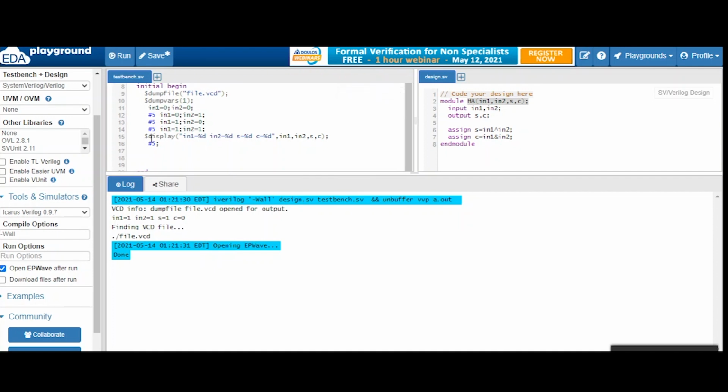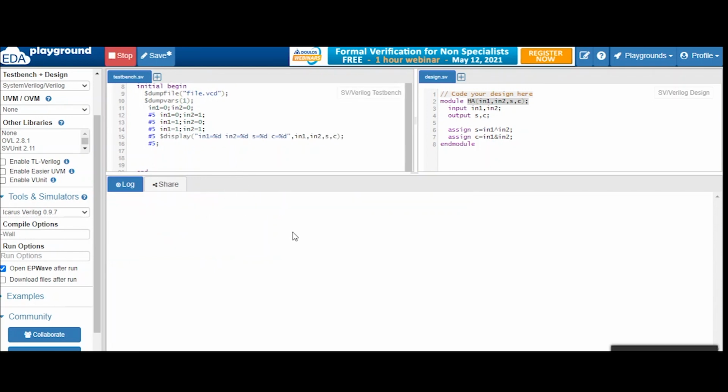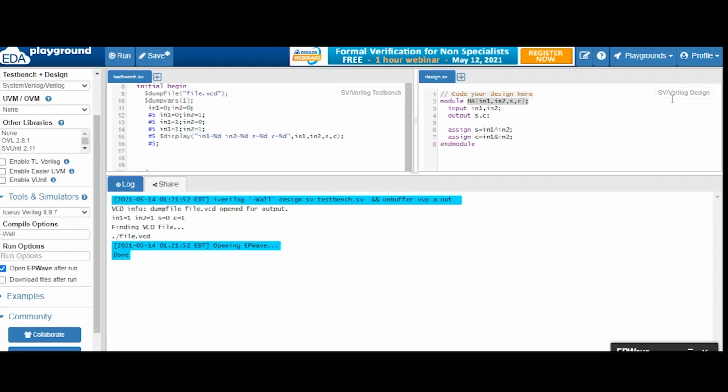Okay, there is a little problem with the display statement here. It is printing the value only for in1 equal to 0, but let's figure out how we can change it. Let's give some 5 second delay here. I hope that it will print. Here also you will see a delay, but yes, now you are seeing the values for in1, in2, sum and carry.